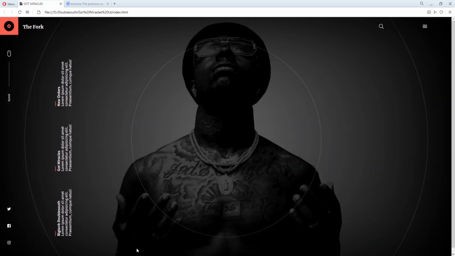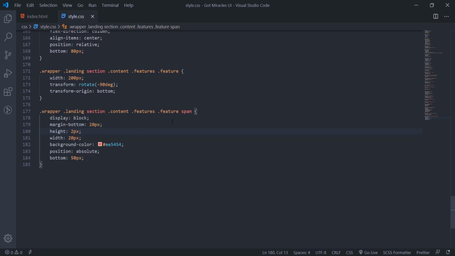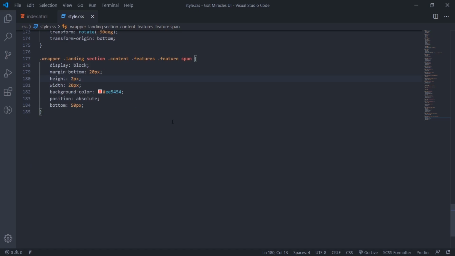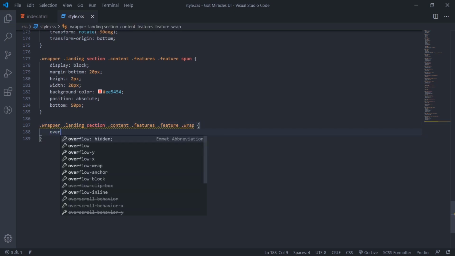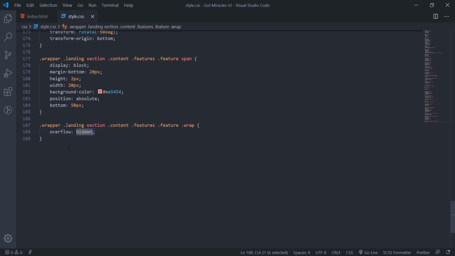So we need to reduce all these things there now. So I'll target that wrap. I'll say overflow hidden. Then dot wrap, target each one.